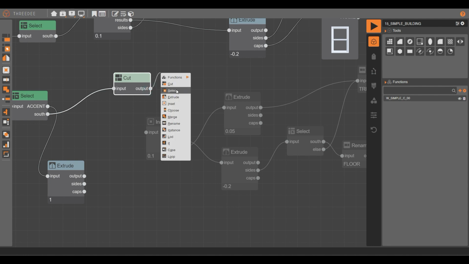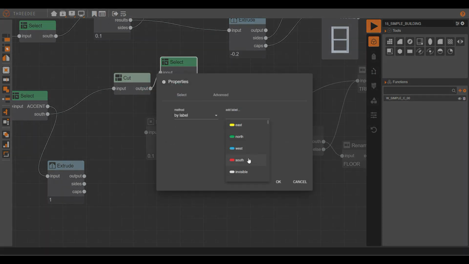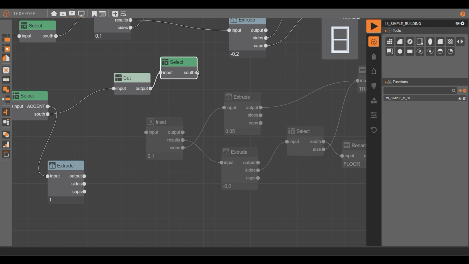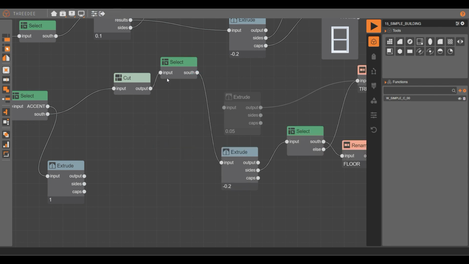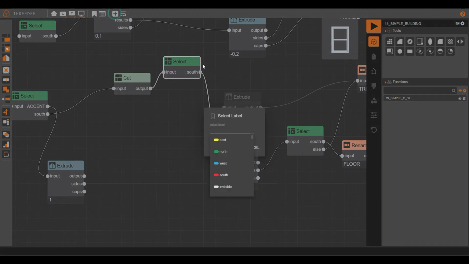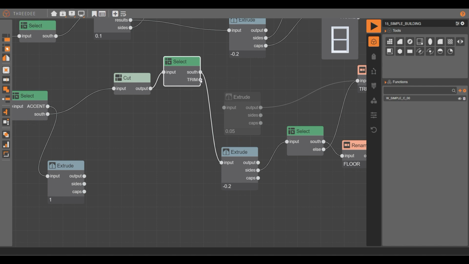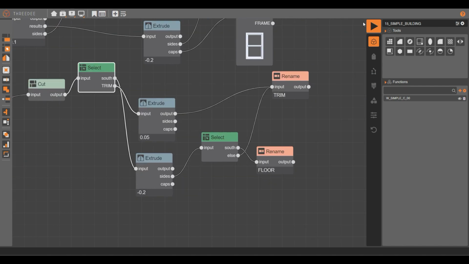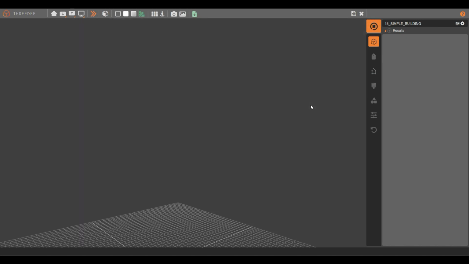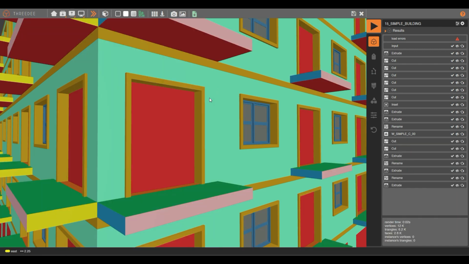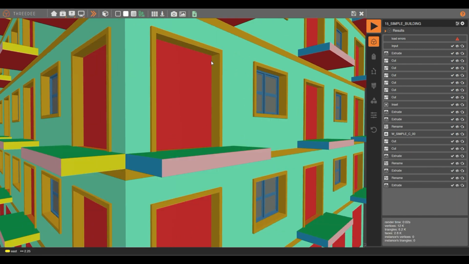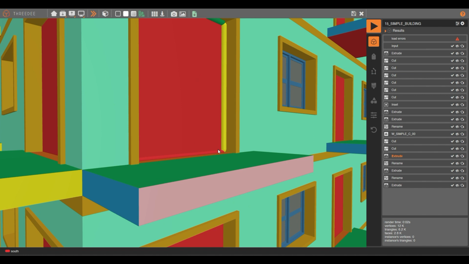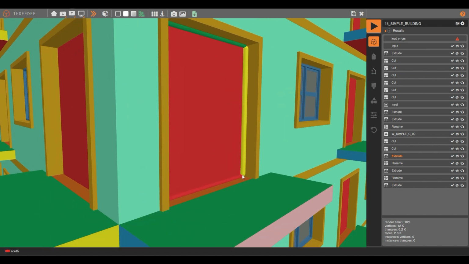Now I have to select south, and this will be here, and trim, and put it here, and the result will be this. Now I got the door, and the lower side will be floor,